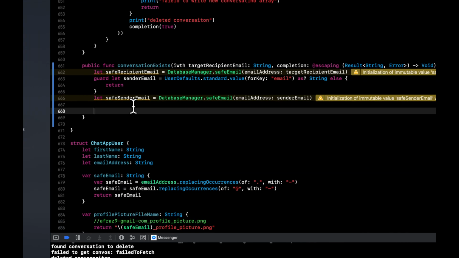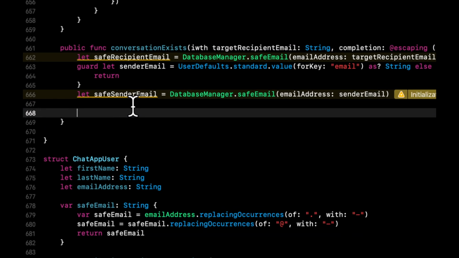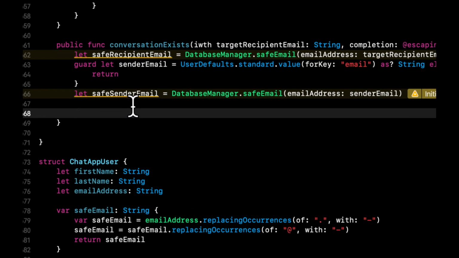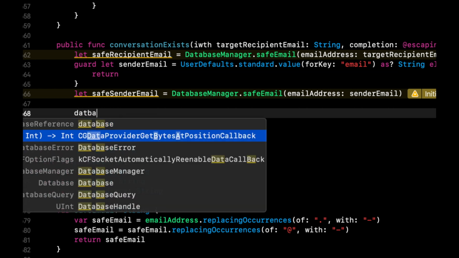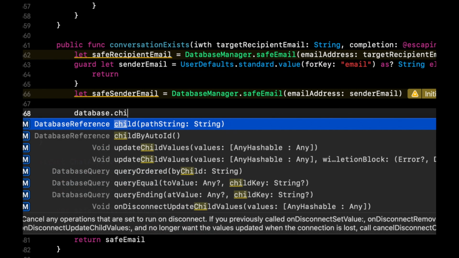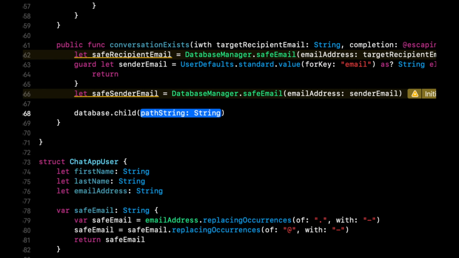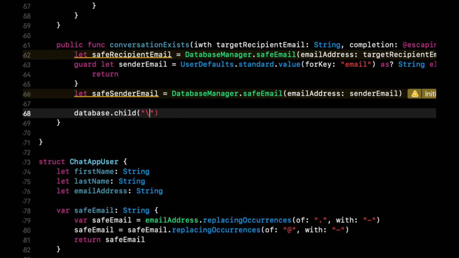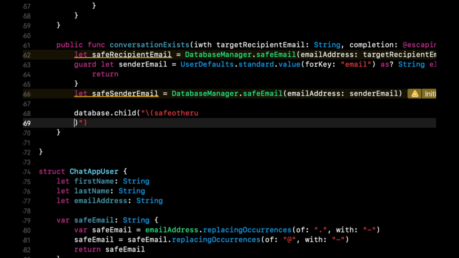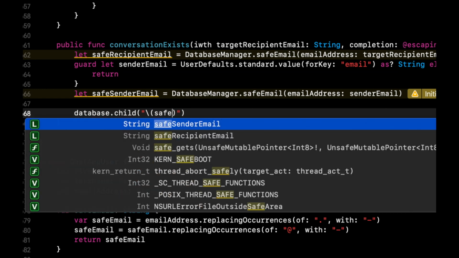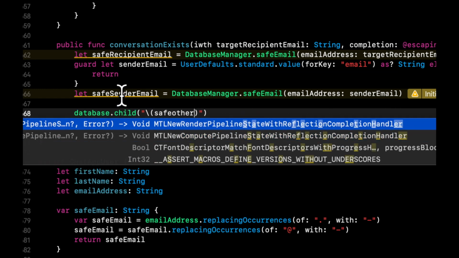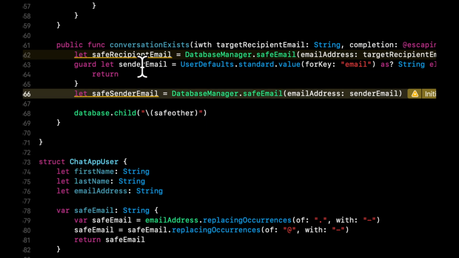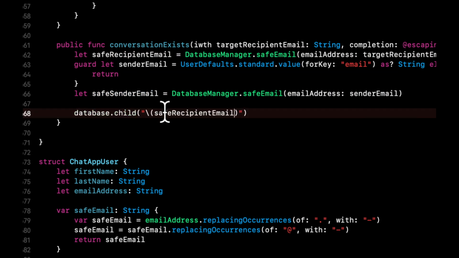It's just slightly difficult to mentally follow because there's two users involved, and the sender recipient workflow is a little confusing, but let's implement it, and I think that'll probably help clear things up. So we're gonna get the node for the safe other user. Whoops. We want the, what did I call it? It's right here. Safe recipient user, safe recipient email